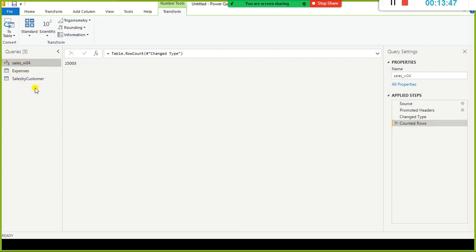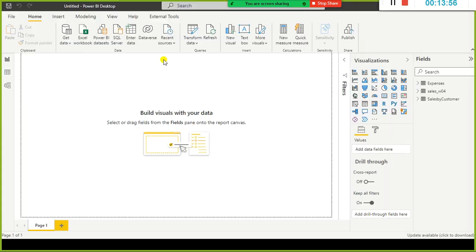So when you notice this here, when I open the query editor, on the left side, whatever the tables, irrespective of the type of the file, whether it's an Excel file, a CSV comma separated value file, a database table, or some other file like XML or JSON, the type of the file can be anything.